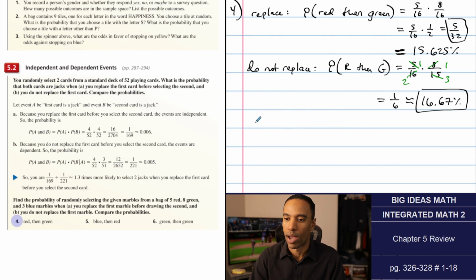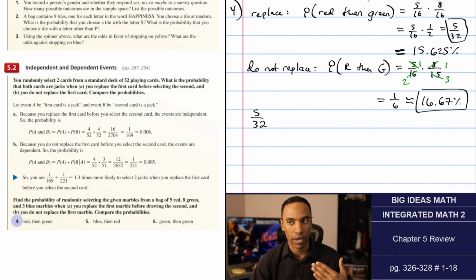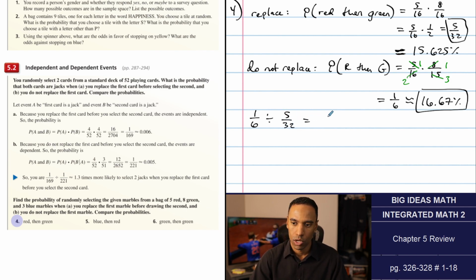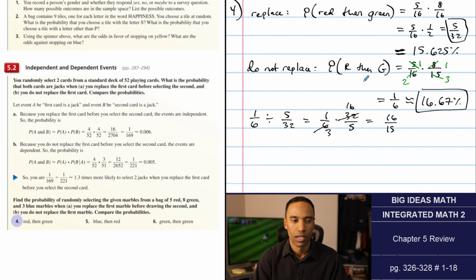Now compare them, right? Let's compare. 5 out of 32 is the smaller of the numbers. I don't know which way we're supposed to do it. Do we always have to do the bigger one? The 1/6 is bigger. So 1/6 divided by 5 over 32, which is 1/6 times 32 over 5. You multiply by the reciprocal, which reduces to 16 over 15. Rounds to 1.06 repeating. So I'll say 1.07